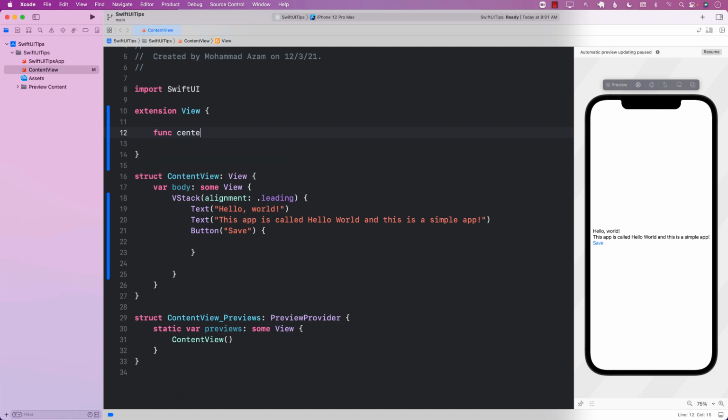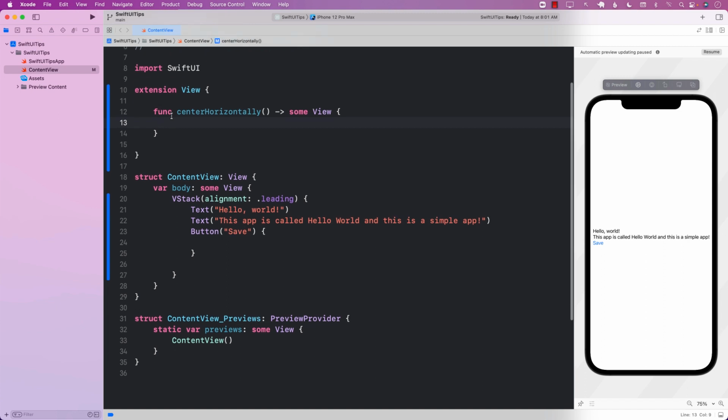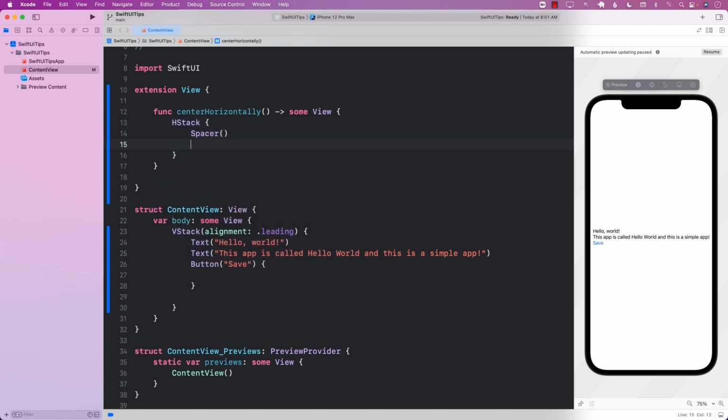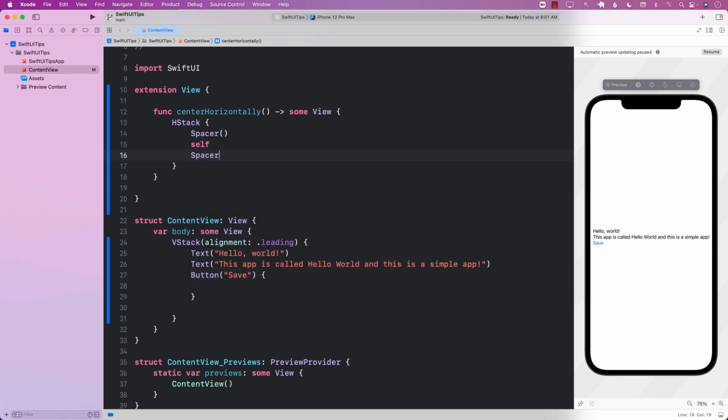Going to create a modifier, center horizontally, and this is going to return some sort of a view. This particular modifier can be called on any view, and how we're going to center it is we're going to use an HStack,